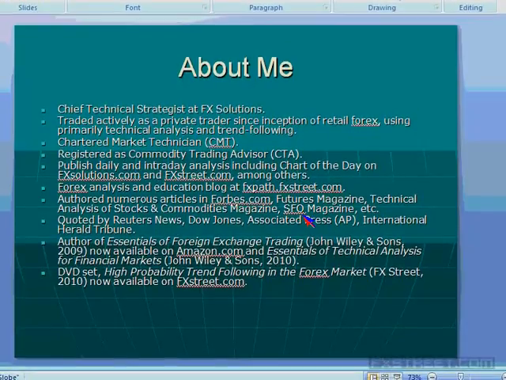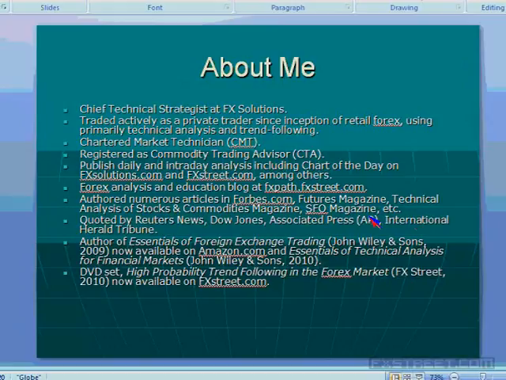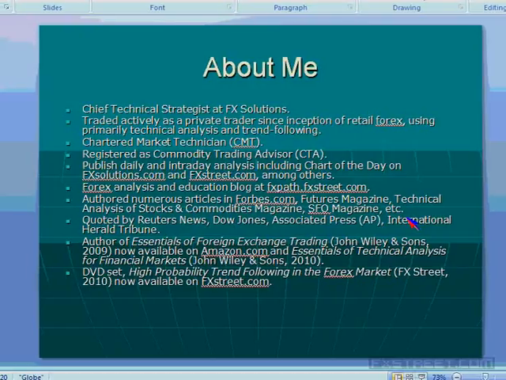And just a point of note, on the current SFO Magazine, which is the January issue, you'll be able to take a look. It's all online and it's free. You go to sfomag.com, you'll see I have a current article, and it deals with strength and weakness, combining strength and weakness with multiple time frame trading to find high probability opportunities. So you can take a look at that. It's on sfomag.com. And it's a current issue.